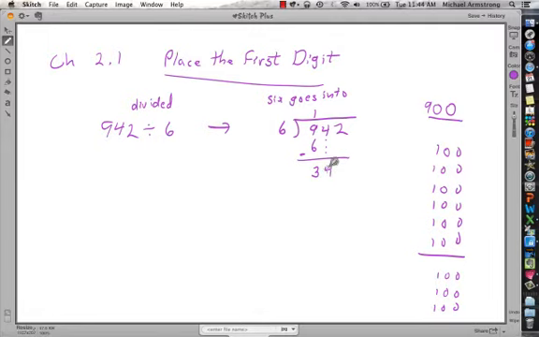Okay, so now we're going to go into the tens place. This 4 really stands for 40, but can I split 4 into 6? I can't. If I have 6 friends, I can't give each of them 10. It doesn't quite work. We've got 10 and 10 and 10 and 10 is 40, and that's not going to work for my 6 friends. That's only going to work for 4 friends. But we can